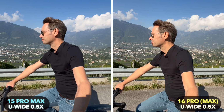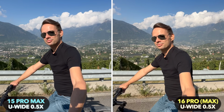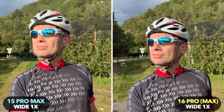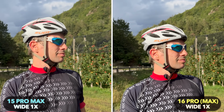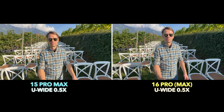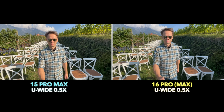The colors, exposure and contrast make up a large part of the subjective image quality. And even if it doesn't seem so at first glance, a lot could have changed here. If only because the main lens and the ultrawide lens should have received a new sensor. If you take a close look at these shots, you'll notice that the shots from the 16 Pro now look